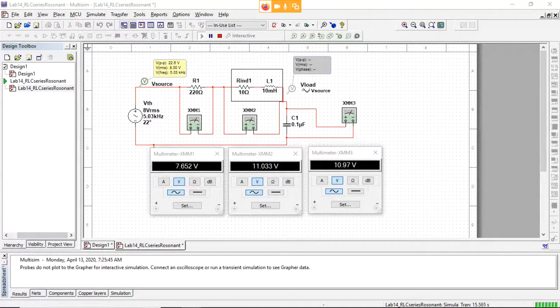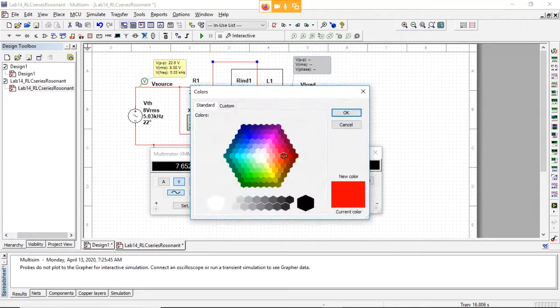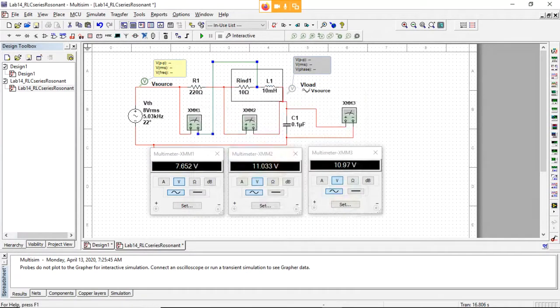Again, if I put it across both the resistor and the resistance inside the inductor, and I include that resistance, let me change the color of that. If you right click on these, you can go to segment color and change the color. I just like to do that once in a while to indicate that. So you can see this, right? If I include both the separate resistor and the resistance inside the inductance,